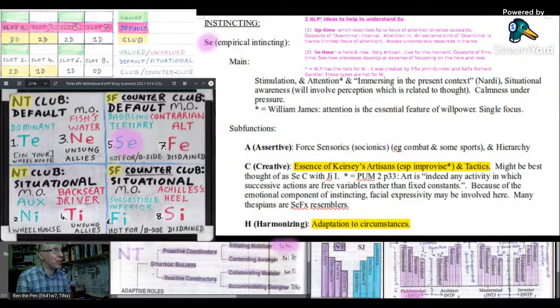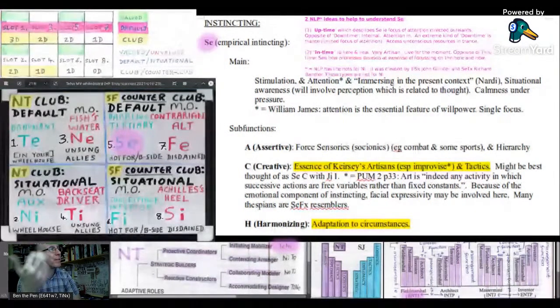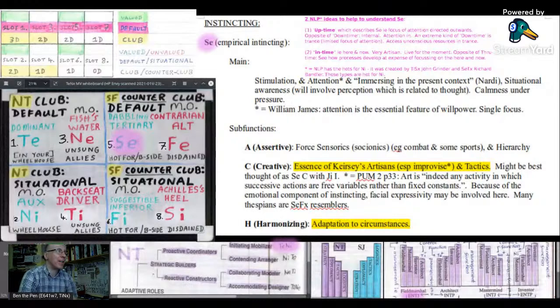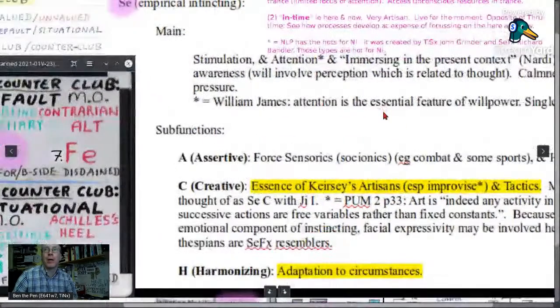Now you've got a situation where the circumstances are going to draw more on SE, especially that paying attention and immersing in the present context. And so the situation is going to develop the SE in the ENTJ. Or say you got an ENTJ in a tough part of Brazil. Again, develop the SE. So it doesn't mean that it's always dabbling. The circumstances can develop the function.